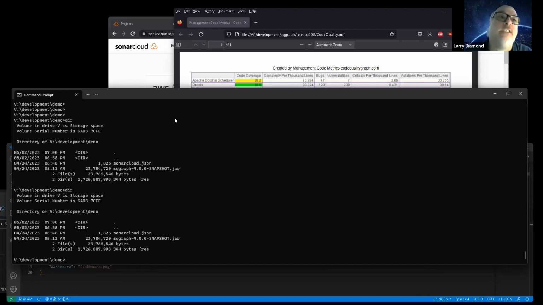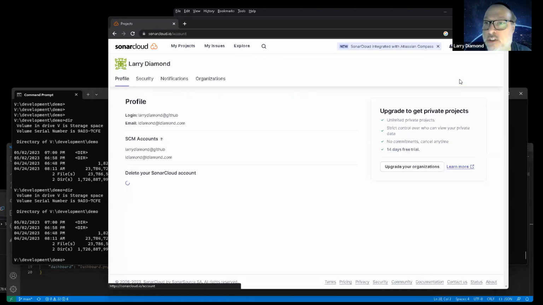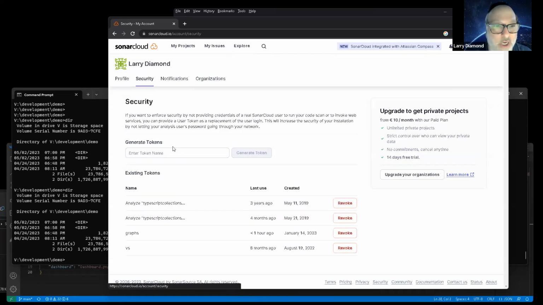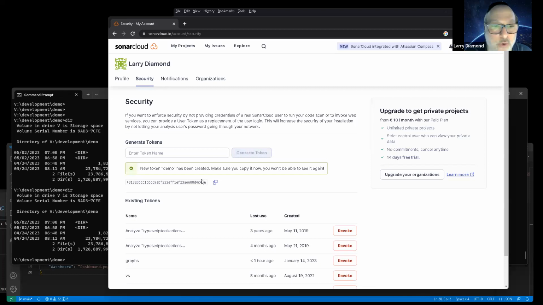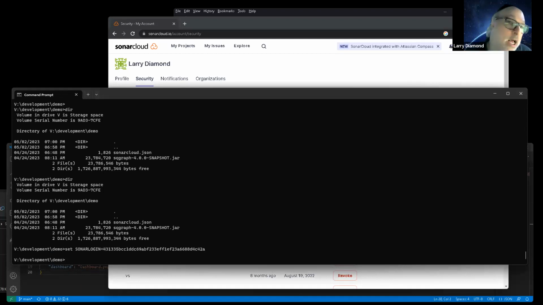Anyway, what you then need to do is just get a security token from SonarQube. And here you see I've got SonarCloud up here. Very easy to do this. You just go to my account, security, demo, generate token, and copy it, set SONAR_LOGIN equals that. I'll be disabling this very soon. java -jar sonarcloud.json,